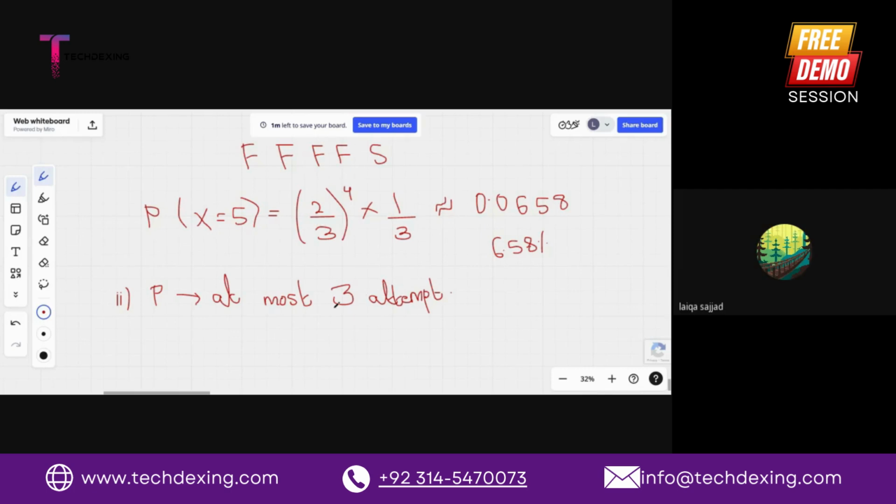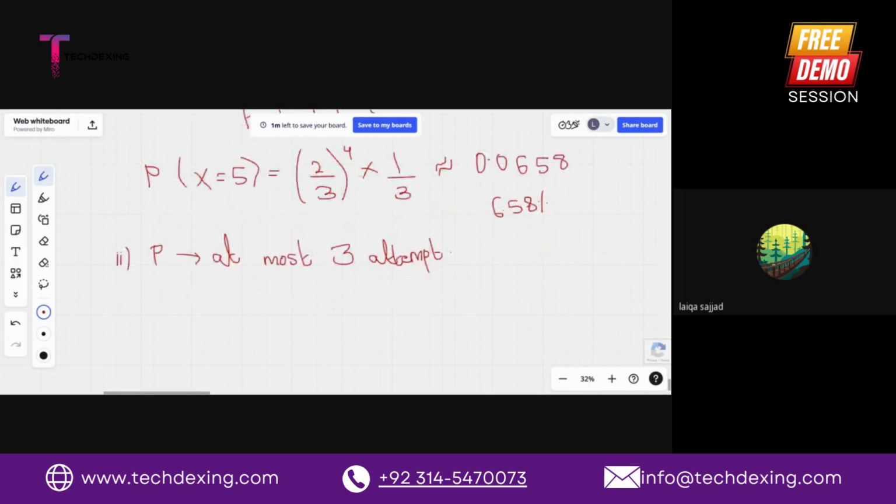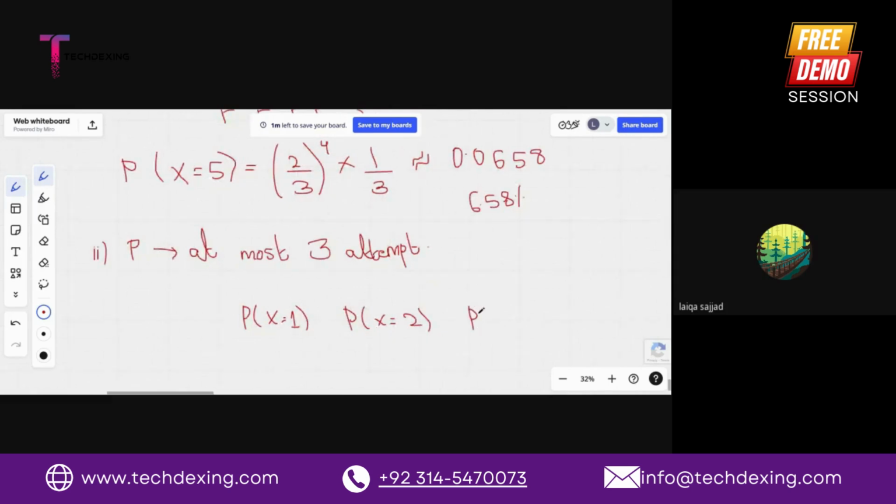We just need to find the probability that she may get successful in any of the first 3 attempts. So we can use two methods. The first method is simply the probability. You will find the probability that she gets successful on her first attempt. It's also possible, then you will find the probability that she gets successful on her second attempt. This will also be considered correct, and then you find the probability that she gets successful on her third attempt,